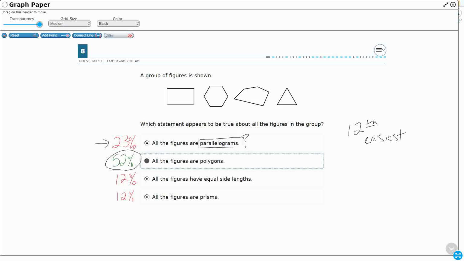We need to know what a parallelogram is. We need to know what a polygon is. We need to know what a prism is. Now this, you could probably figure out without necessarily knowing the definition, but this is a standard that deals with vocabulary, not so much adding, subtracting, multiplying, or dividing, any type of calculation. So we need to help steep our students in classification based on attributes of two-dimensional, three-dimensional shapes, which means for